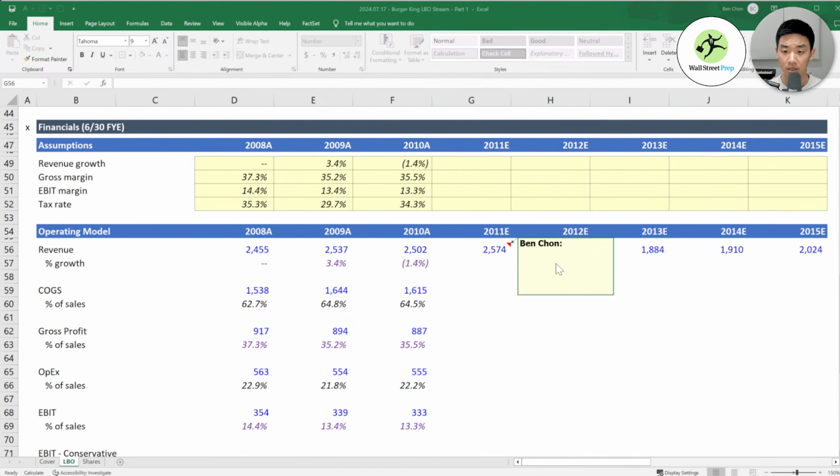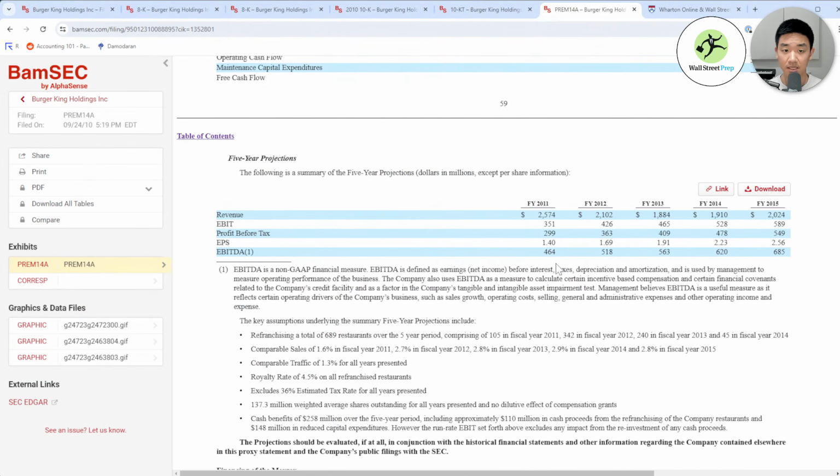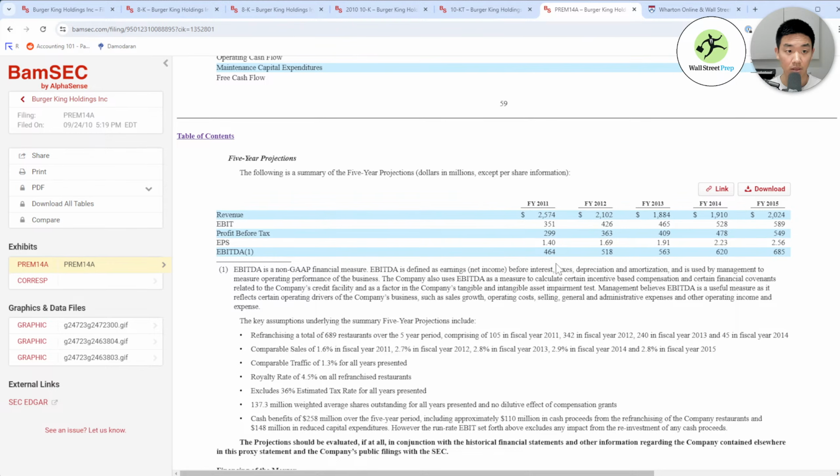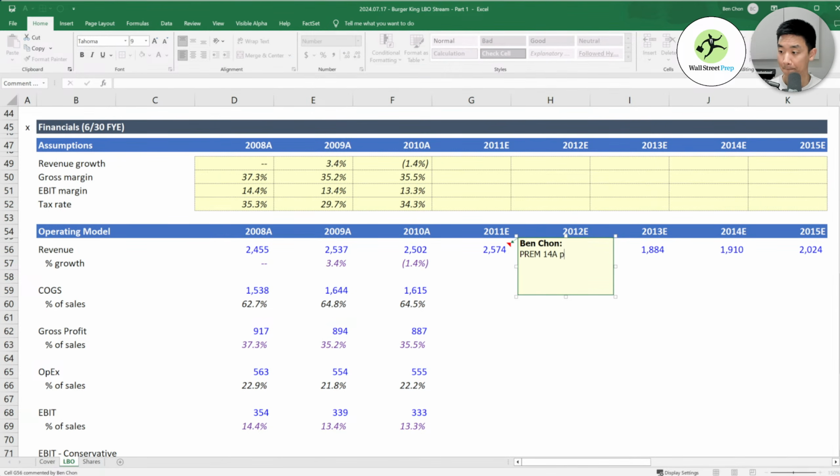So I'm going to add a note here that this is from the Prem 14A, page 60.